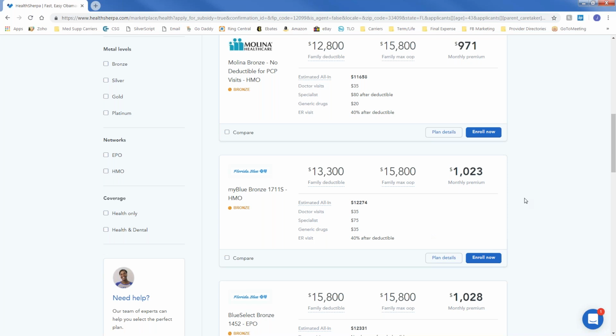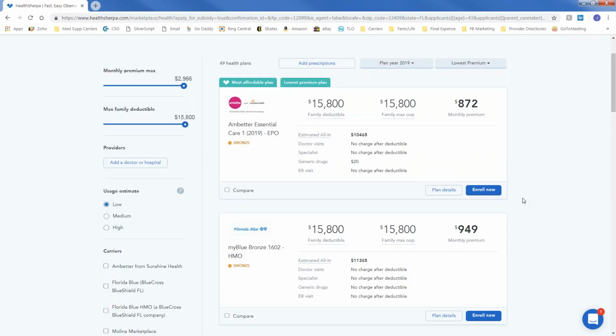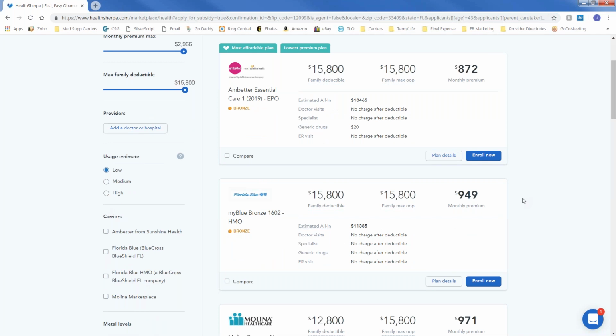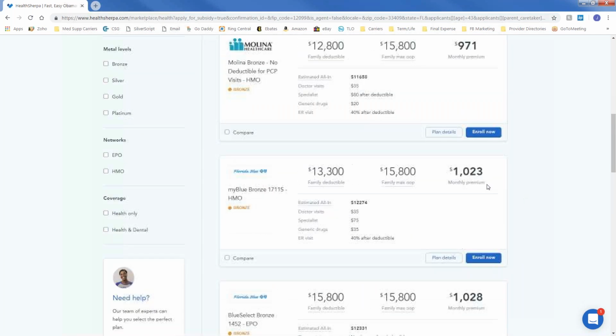So when you have clients that say to you, I want a health plan that covers my doctors, well, how many doctors do you go to a year? Well, I go for my physical and maybe one other. Okay, great. Here you go, $1,023, and when you go see your doctor, it's going to cost you $35. Are you ready to sign up? So it's a very, very expensive proposition to go to healthcare.gov, to go to the exchange.